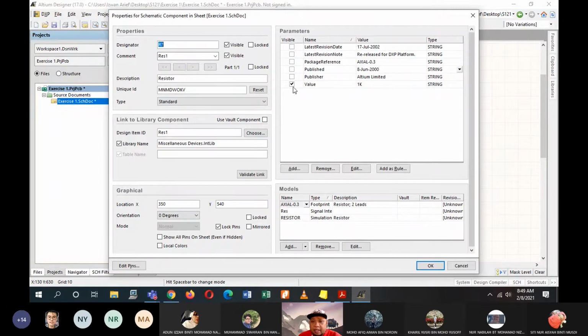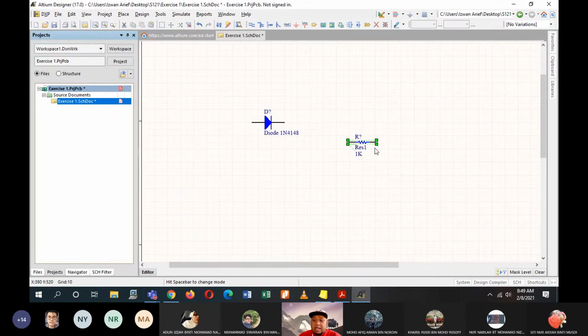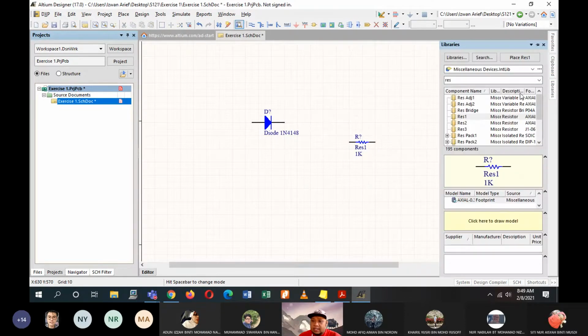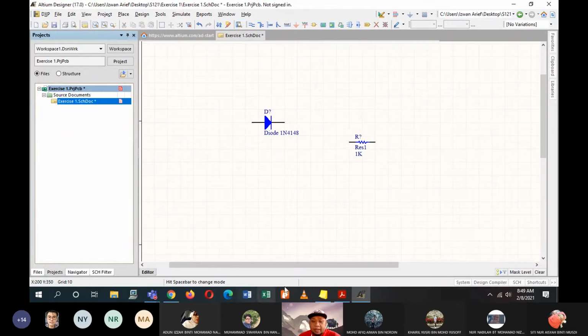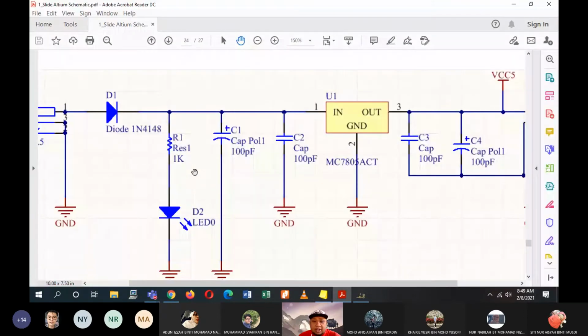Resistor. Okay, value here, we can change. So don't worry about them, because you might be using a 4.7K resistor, but here you see there isn't one, it's all 1K, 1K, 1K. So you start to panic, there's no 4.7K. Alright, everything is just 1K, but don't worry, because we are not simulating. We are only drawing.